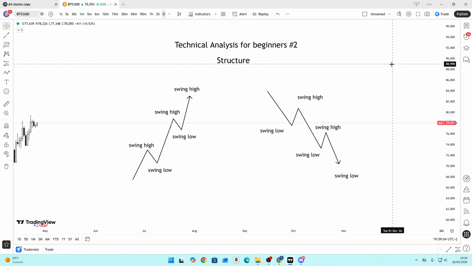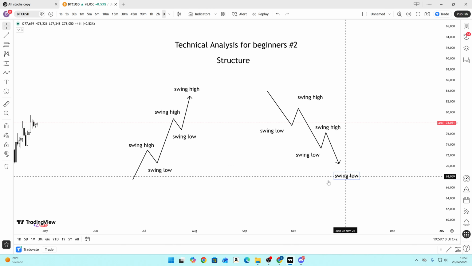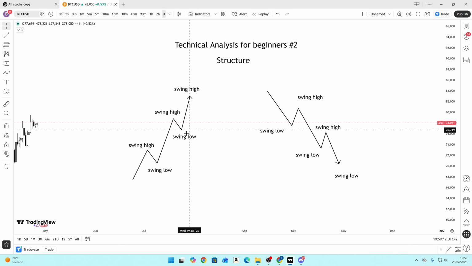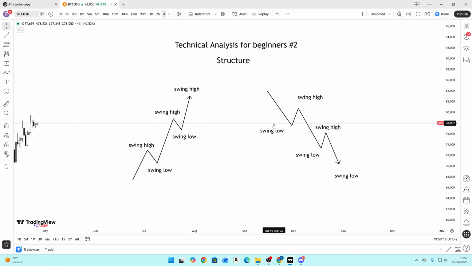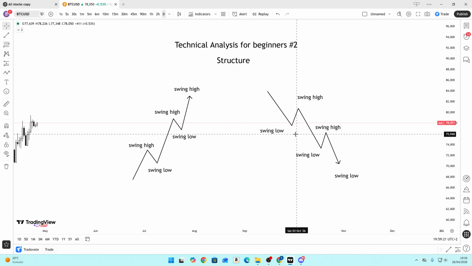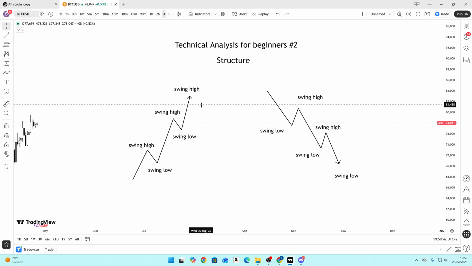First of all, the market either goes up or the market goes down. The market can go up while having little corrections on the way, like here, or the market can also come down with little corrections to the upside on the way, from here and from here, and so on. Even when the market comes up, you'll still see little movements in the opposite direction, because the market cannot go up forever in a straight line